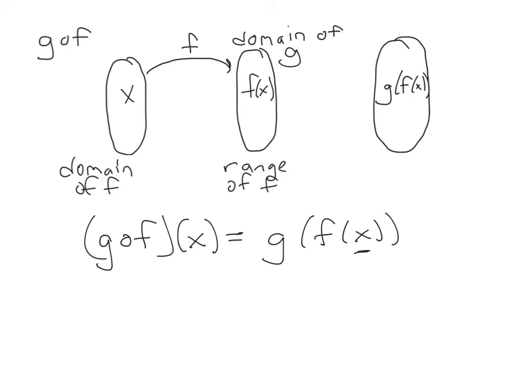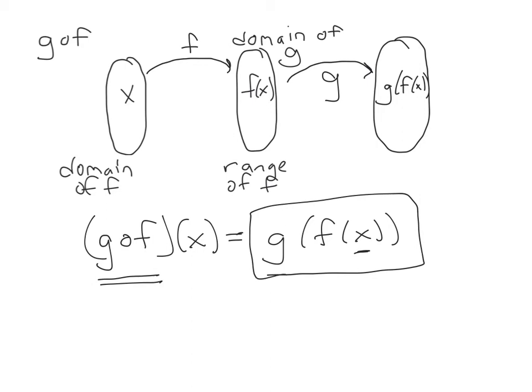Then we take that f of x, whatever's actually in the domain of g of x, and we apply g to that. So the domain of g of f is made up of values that are in the domain of g from the range of f. So if you forget which one, if you're looking at g composed with f and you get confused, I always rewrite it in the second form and say, okay,